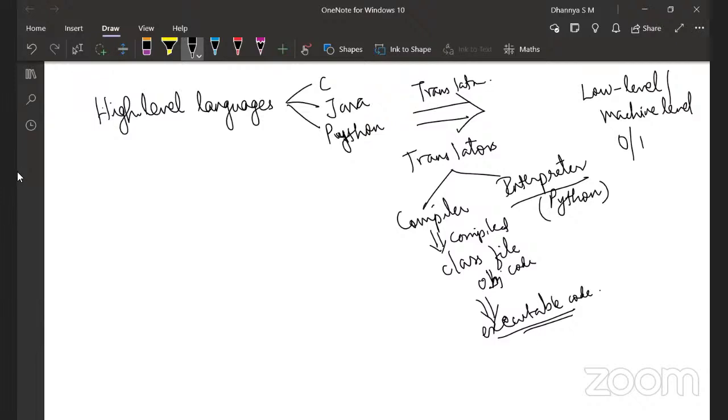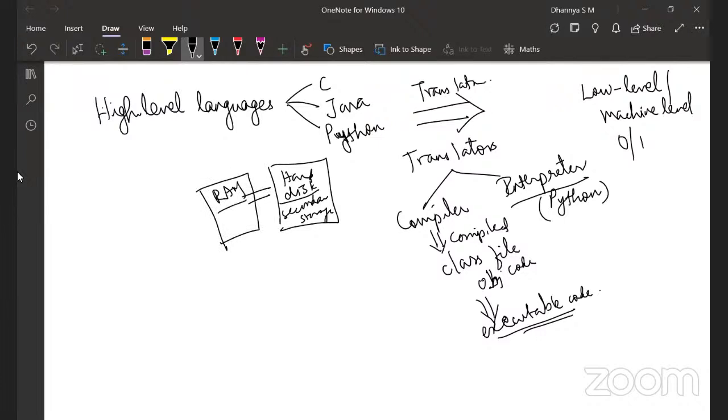So when you say a program is getting executed, what is happening? You have secondary memory here. What is secondary memory? It is your hard disk. That is secondary memory, right? Or some other permanent storage. And then you have the RAM, which is the main memory. This is not permanent storage. This is volatile storage. This is the organization of memory inside the computer. This is volatile storage, whereas this is permanent storage.